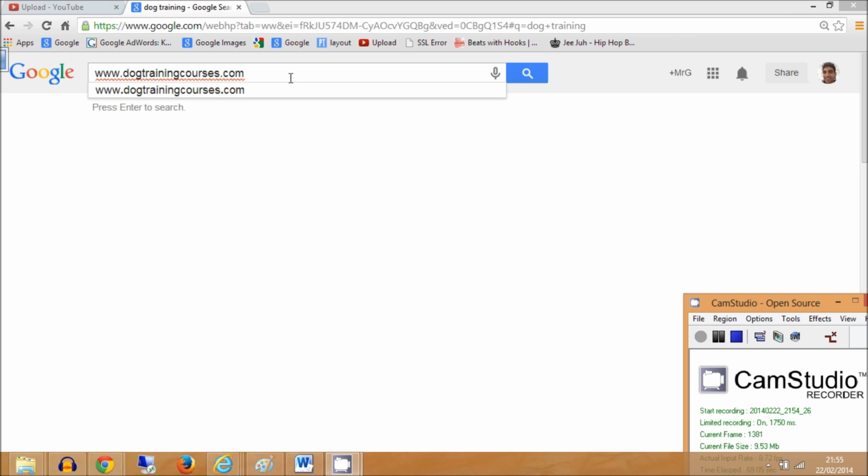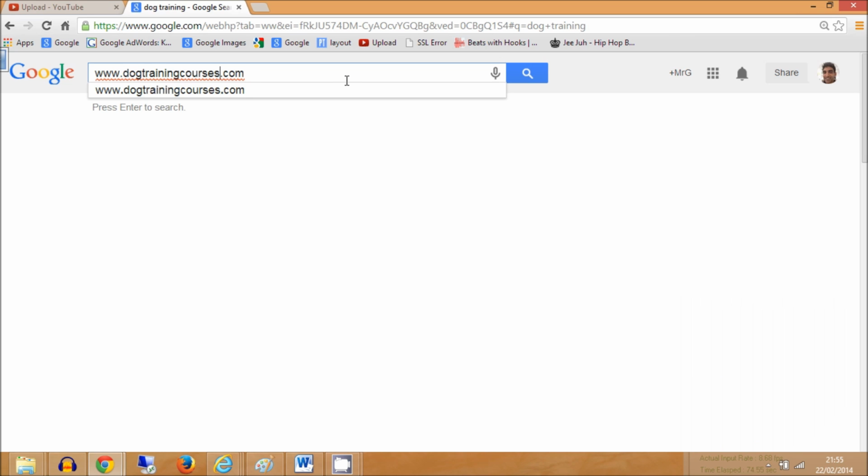then what I can actually do is just add another word onto the end of my domain. In this case I'll add in "guide", so it looks sensible as well. So I've written in dogtrainingcoursesguide.com, and now I can still optimize for the keyword phrase dog training courses because it's easy. This word doesn't make so much of a difference, but ideally, to rank the fastest, you want your domain name matching your keyword phrase as exactly as you possibly can, to get the highest possible chance of ranking as quickly as possible.